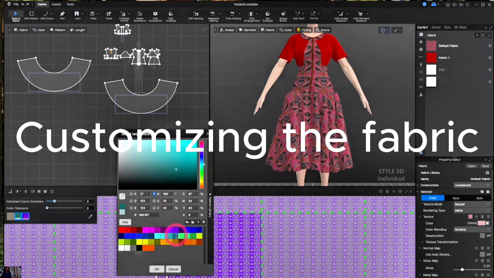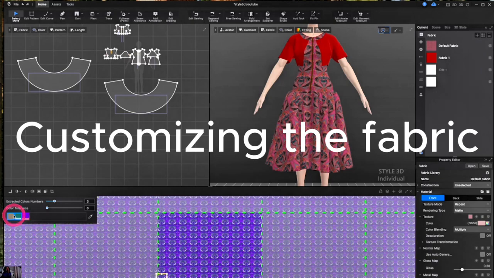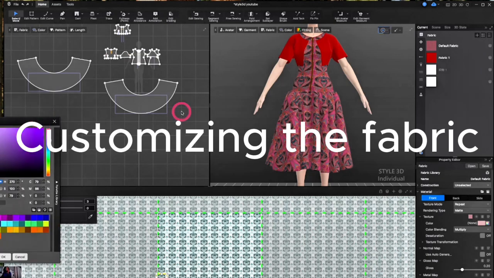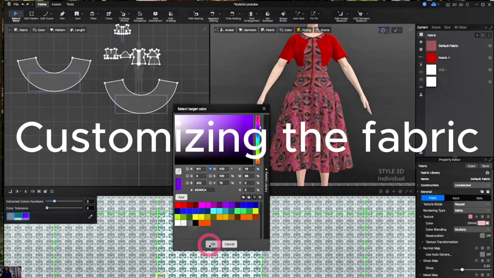I don't know if you saw. This one now is going to reflect the green that I just previously picked. So if I go here, it's going to make, so let me